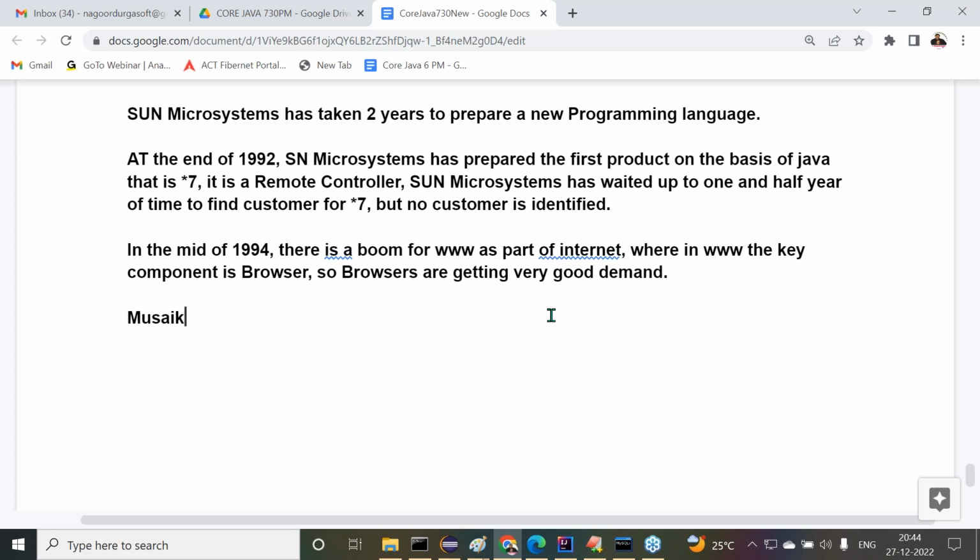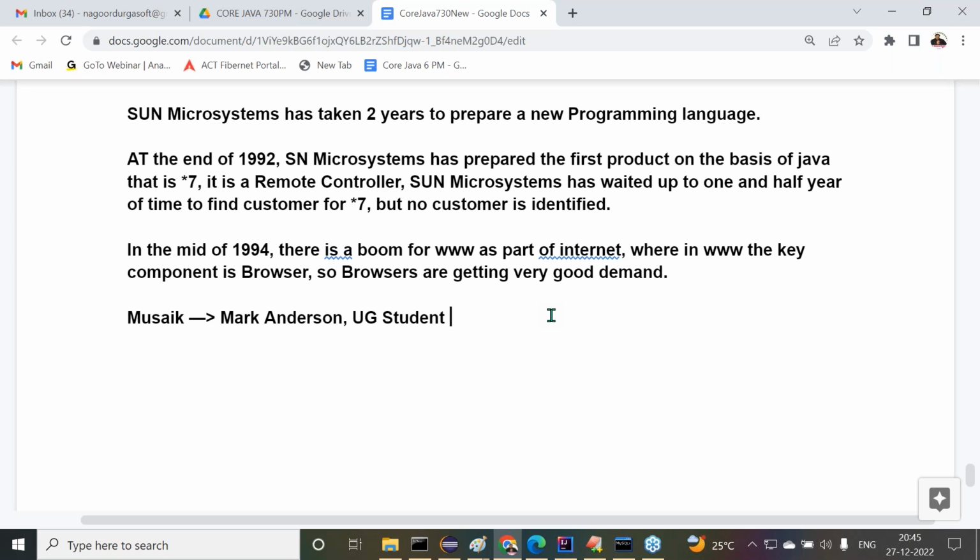Mosaic is the browser name. That's very famous. Who prepared this Mosaic browser? Marc Andreessen. Who is this person? He is an undergraduate student at the University of Illinois. As part of his project work, he went to Netscape Communications to prepare a browser. He completed the Mosaic browser there, taking nearly $6.25 per hour.